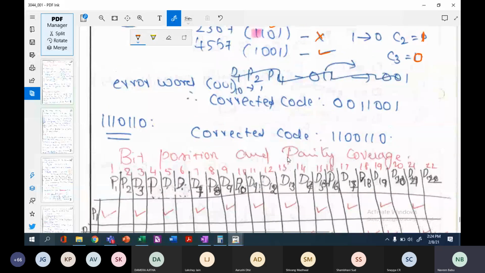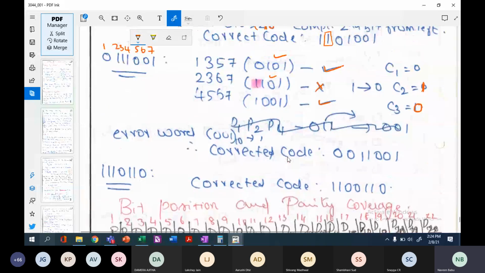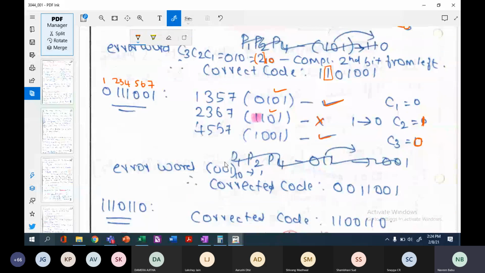So the correct answer is, what is equivalent to 010? The correct equivalent of 010 was 2, and I have to change my second bit position from 0 to 1. So this will be the corrected code. Okay. Similarly for